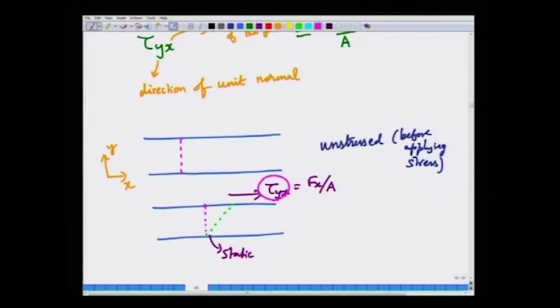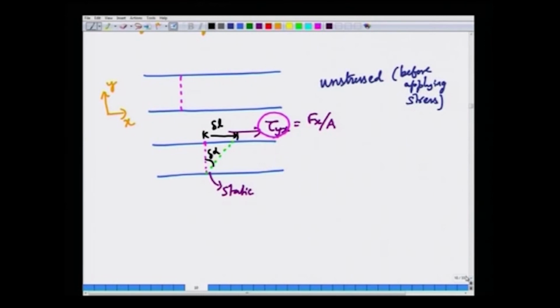The points move somewhat, and then internal stresses develop within the elastic material that resists further deformation. So, if we characterize the amount of deformation by either this length delta L or the angle delta alpha that the deformed line makes with the original line,